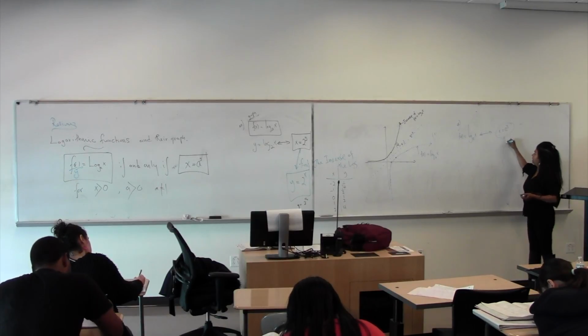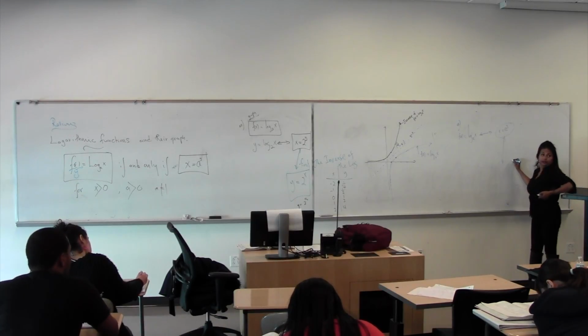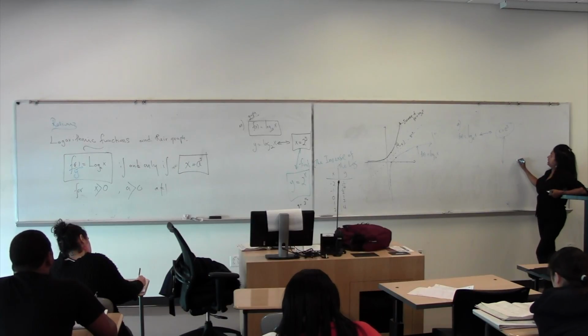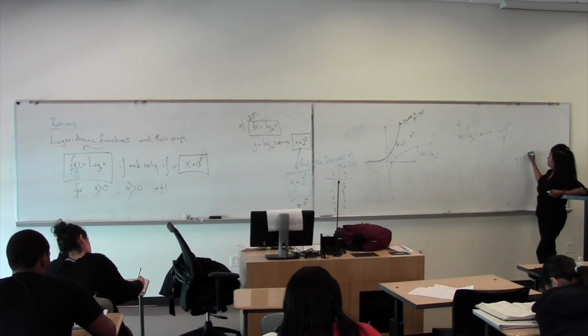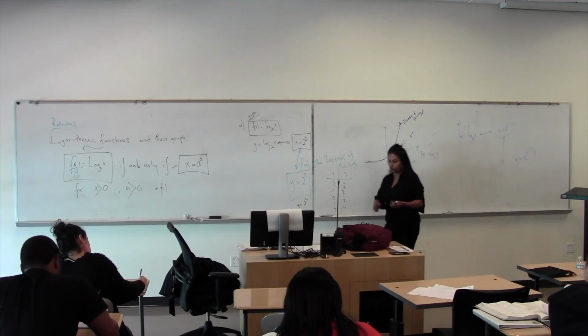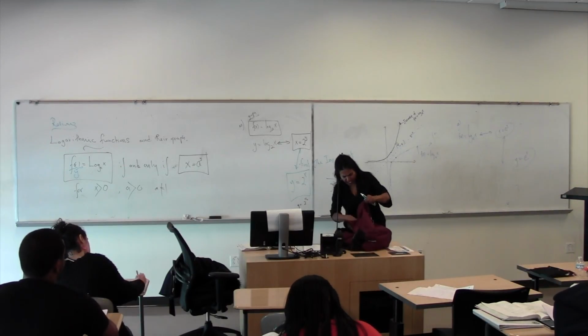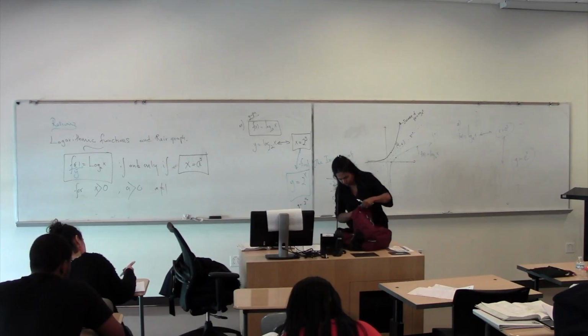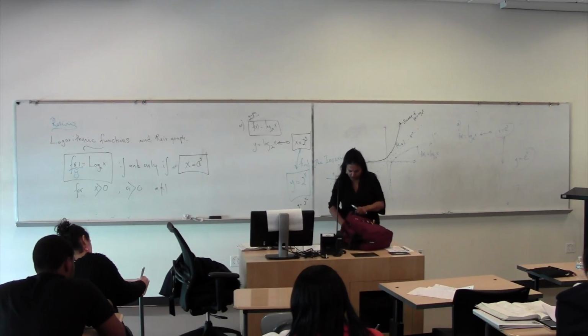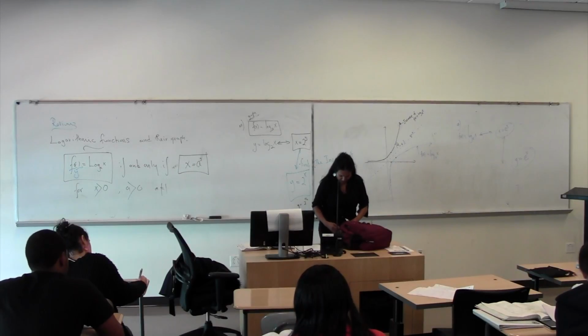But if you take the inverse, right? What's the inverse going to be like? Inverse is y equals e to the power x. That's the inverse. So you graph y is equal to e to the power x. You already know how to graph that. And then all you have to do is what? All you have to do is,